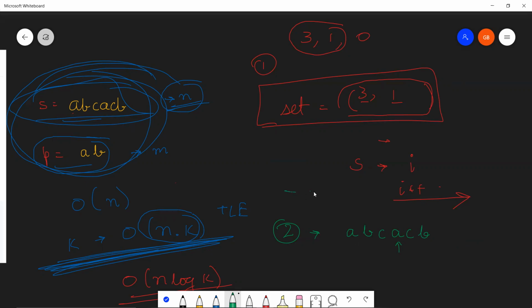It can be a dash, a star, a hash, a capital X, a capital A. Completely your choice. So these are the two ways with which you can handle it. And of course, while you're iterating over your S using the index I, if a star, dash, hash, X or capital A occurs, you will just do I plus plus. So it's completely up to you which method you will choose.